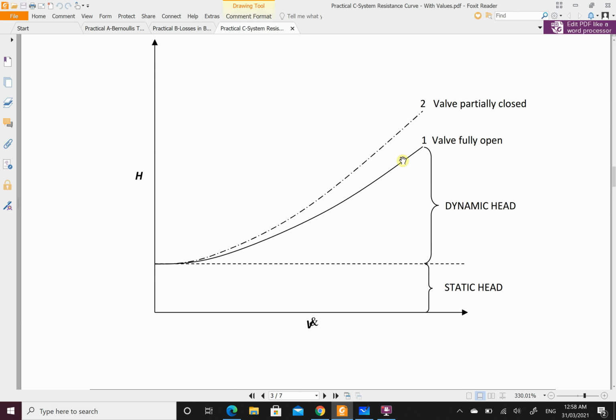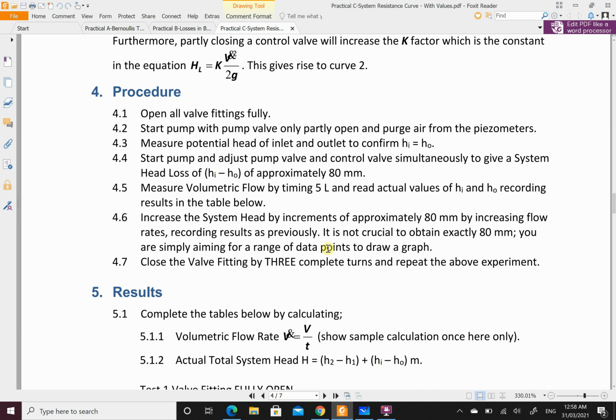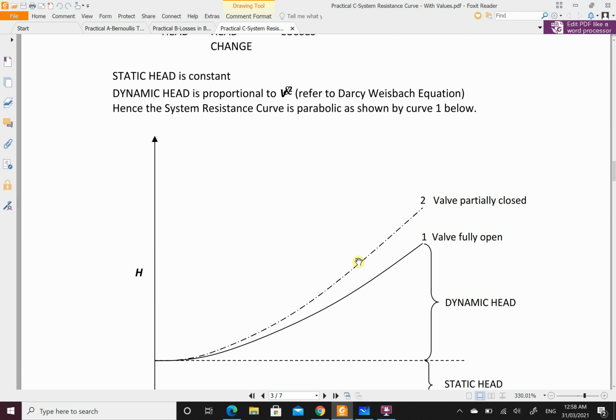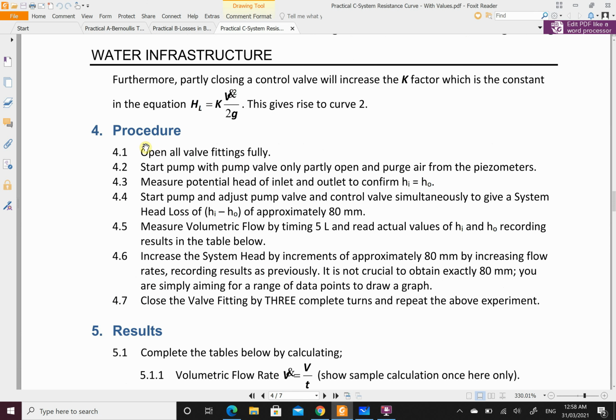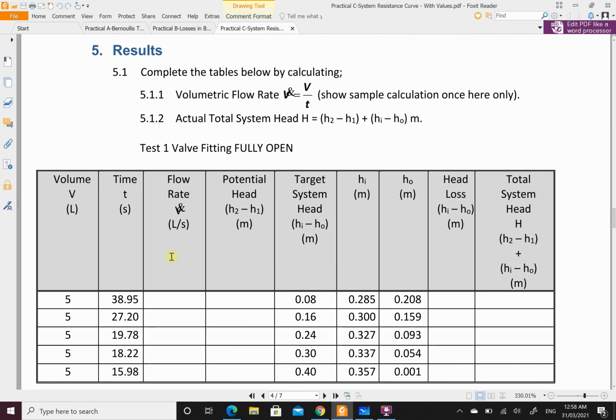We expect the valve fully open to look something like this. If we start to close the valve, we get more losses, so we get a nice sharper curve because our K factor increases. Same with the V. We've got the procedure again, some more results. This is where we start to look at